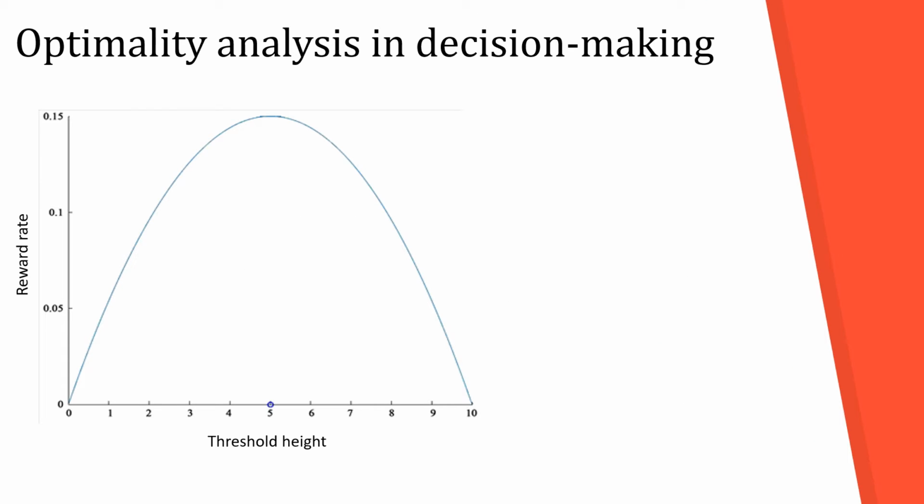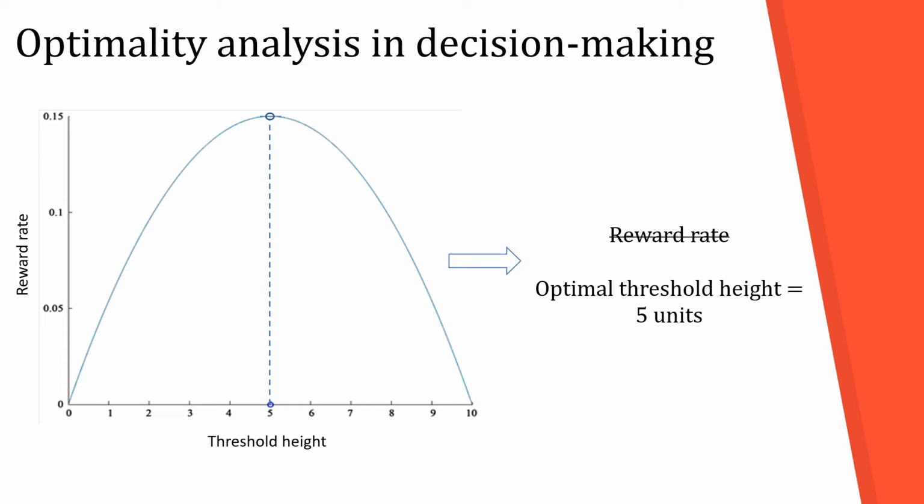And indeed, that is what many optimality analyses of decision-making involve. Normative models typically compute what the optimal height of the thresholds should be in a given context. However, the information about the variable that is being optimized is often discarded, and only the parameter value itself is extracted. Statistical tests are then used to compare the thresholds adopted by decision makers against this extracted value to see whether the chosen policies are significantly suboptimal or not.